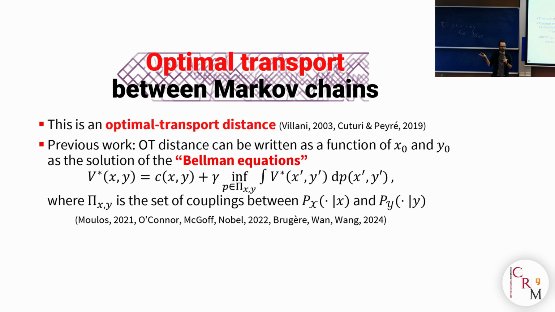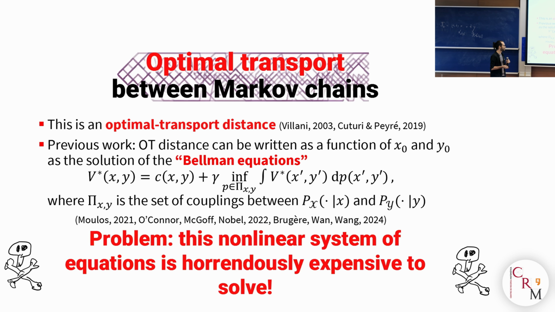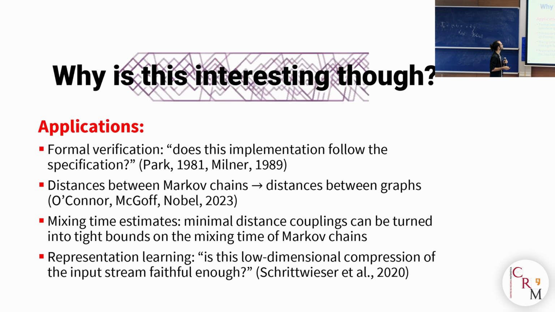So, if I were a mathematician, then this would be the end of the story. Like in a mathematical sense, this problem is solved, right? There's not much to do. The solution is completely characterized. I know how to extract an optimal coupling from this. That's it. But since I'm a computer scientist, I'm really unhappy with this. This is really not the end of the story for me, because solving this system of equations is really, really terribly expensive. So what I'm gonna do now is give you a computationally tractable algorithm that can compute this distance for us and do it based only on sample realizations of the two Markov chains.